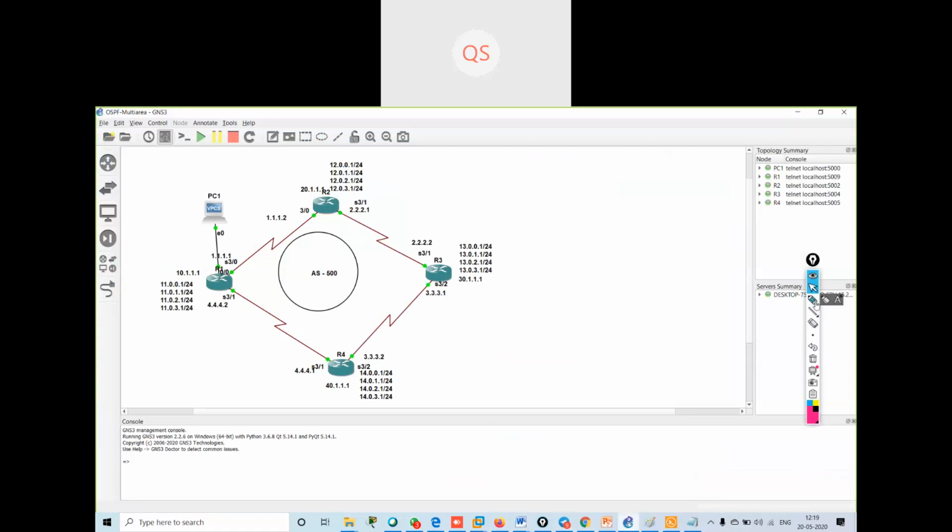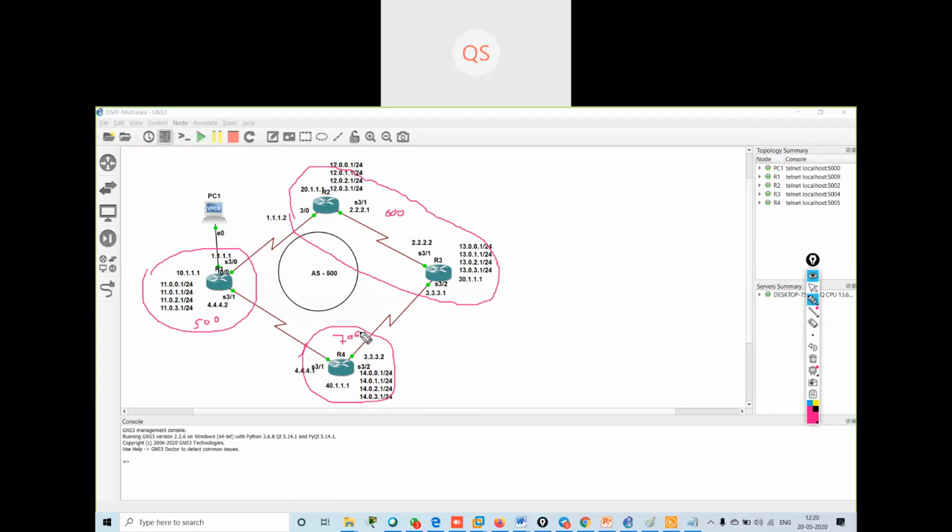Our lab scenario will be something like this. Router 1 will be in AS 500. Router 2 and router 3 will be in one AS, AS 600, and router 4 will be in AS 700.